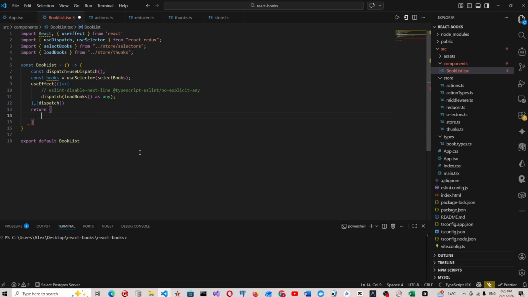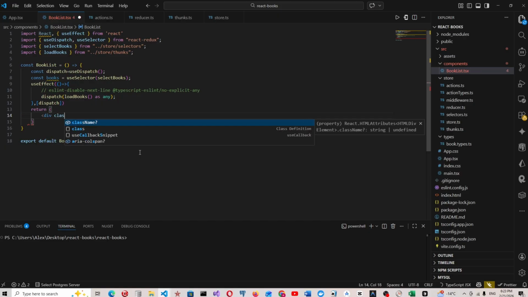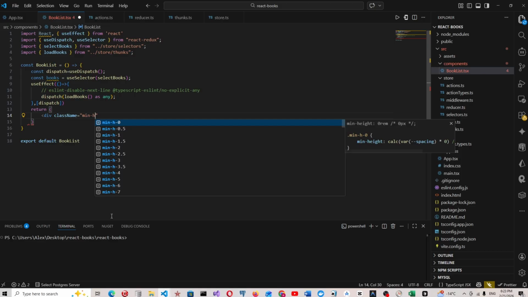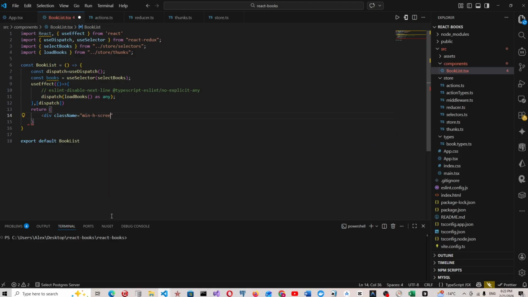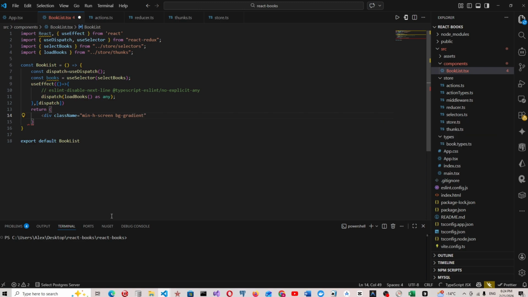We can say first we want a div. The div has className of min-h-screen, so this div will occupy the height of the screen, and bg-gradient